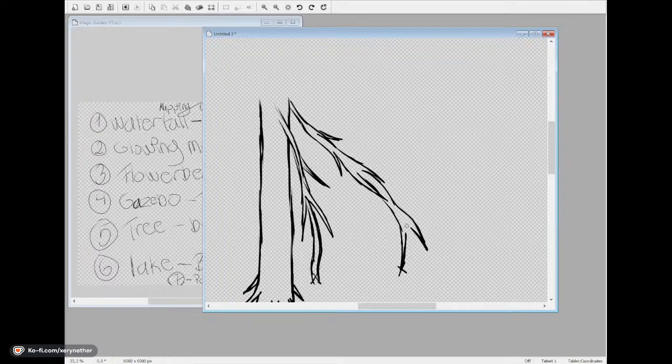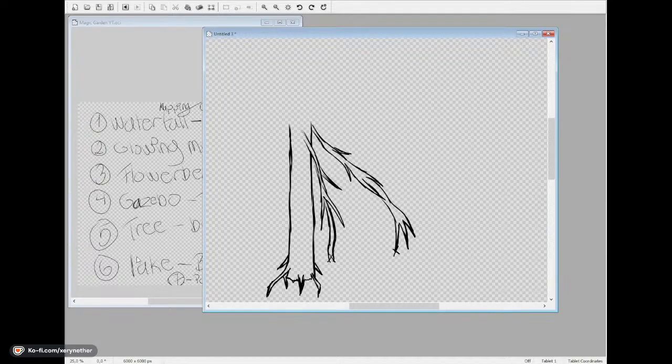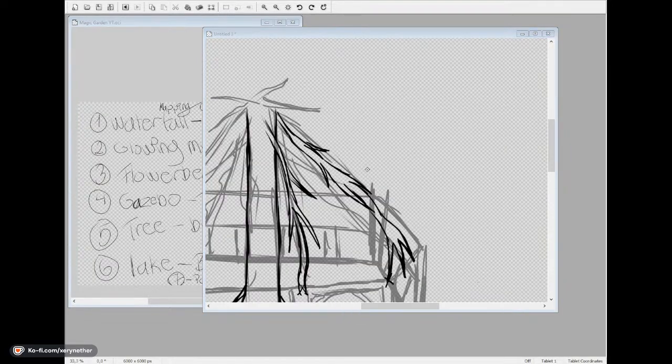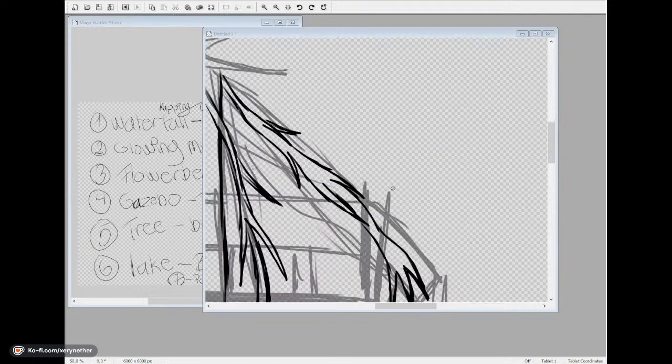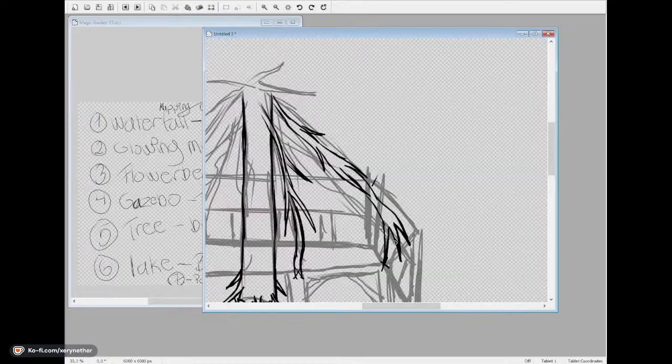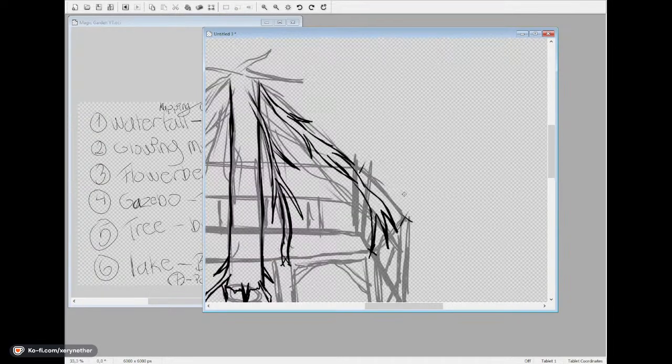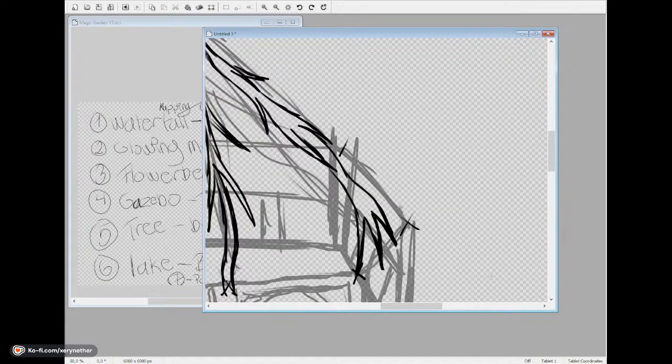I'm gonna make it look different than from the other. Okay, so now if we go back to the gazebo, now we have to meet this corner. No, sorry, this corner. But as you guys can see, it's going to be behind this one. So what we are gonna do, we're actually just gonna take like a branch out right here, touch this,